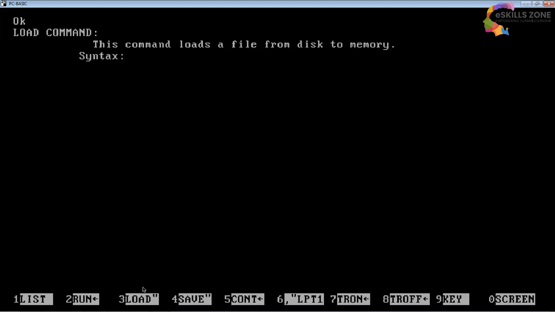The syntax of the LOAD command is: first we type the name LOAD, and then we type the file name, any file name of a BASIC file, and then we can put a colon, bracket, comma, and R. We'll learn what is the purpose of this R and comma. Now I'm going to type the interpretation, the explanation of this command, and the interpretation is this: